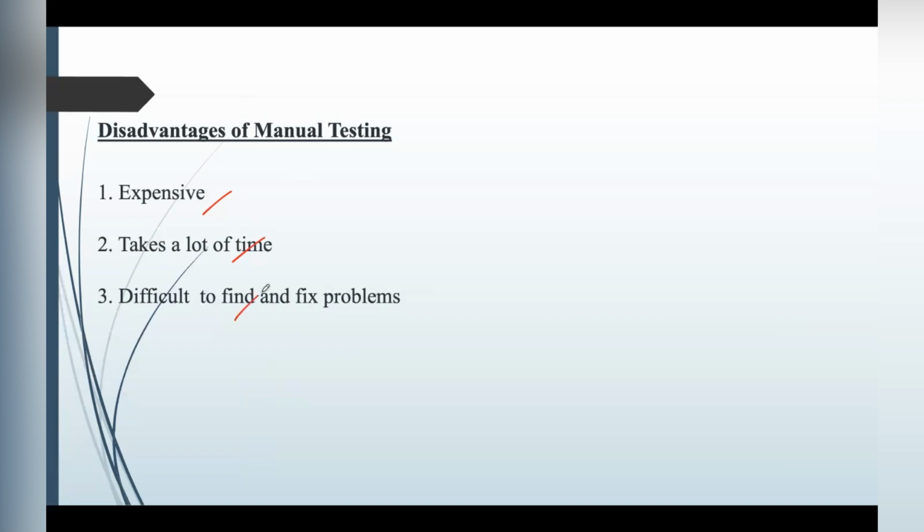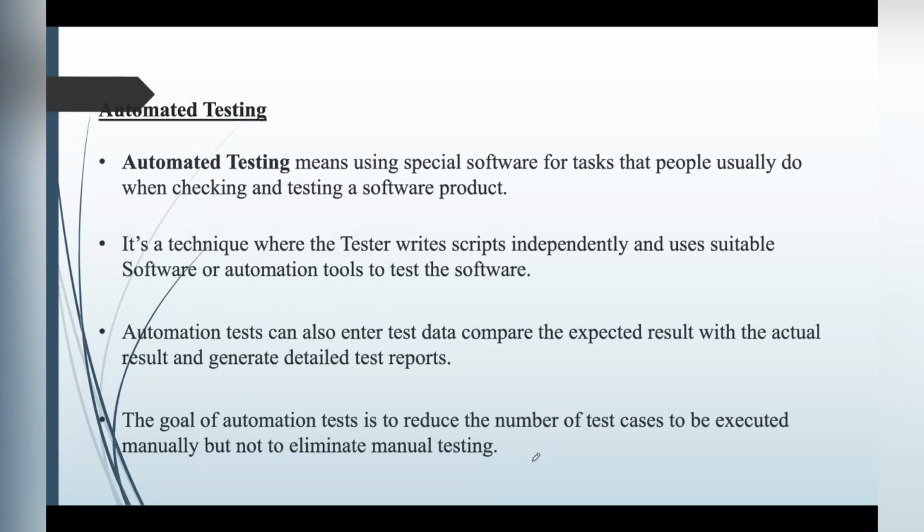Difficult to find and fix problems. It is challenging to quantify the manual testing process since there are no objective metrics provided by manual testing to assess the software quality. Manually, when testers write the test cases and execute them repeatedly, known as manual testing, which is time consuming and the test results are not sure.